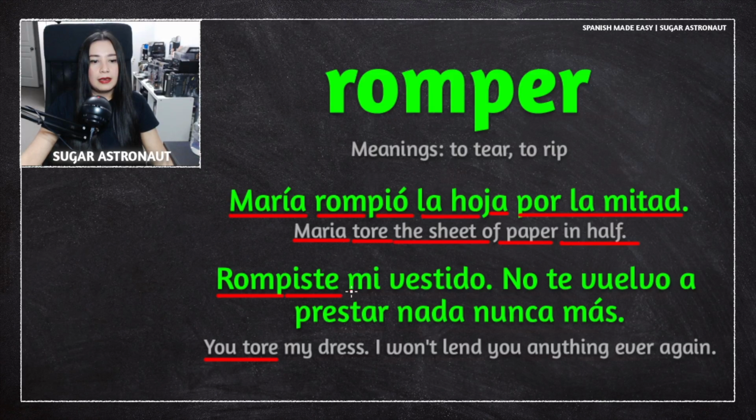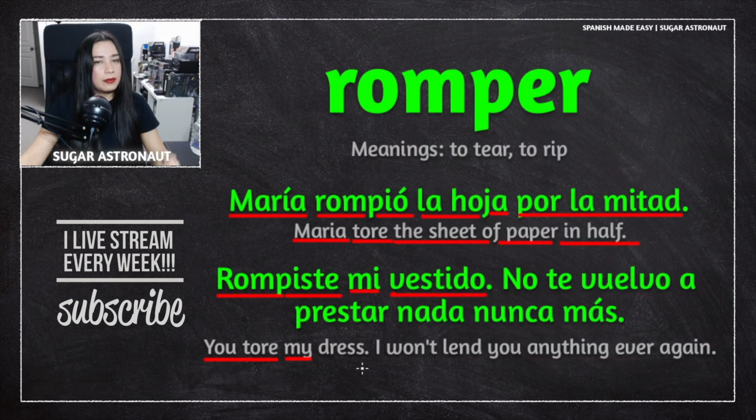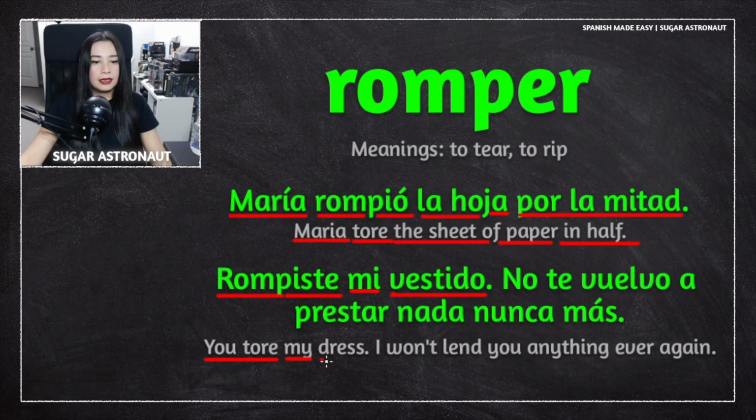Okay? Me, my, okay? Me. Vestido. Remember the V sound is similar to B as in bell in English. Dress. Vestido, dress. No means no, and it means don't, and it depends on the situation. If you're talking about future tense, it can mean want, okay? No te vuelvo